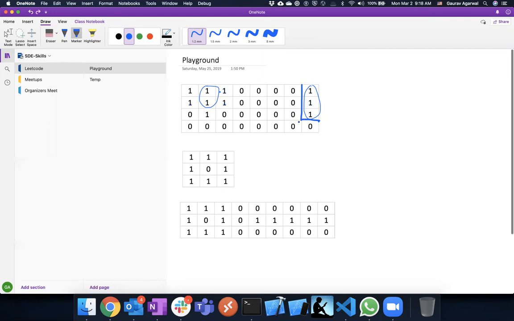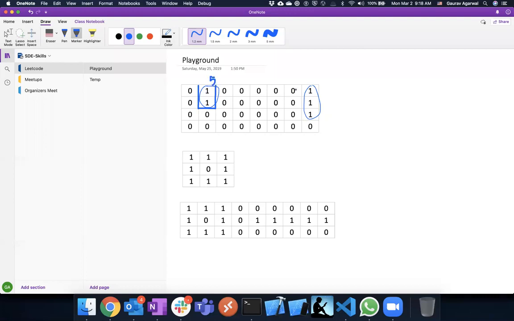Okay, so what should we do? Which region should we pick first? The region on the left side, the two ones. Why? Because five cells get affected here, while if we pick the region on the right, it is only going to affect four cells. So we will build a wall here, 1, 2, 3, 4, 5. So we put 5 walls here.